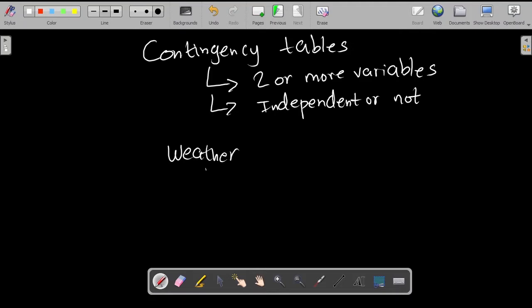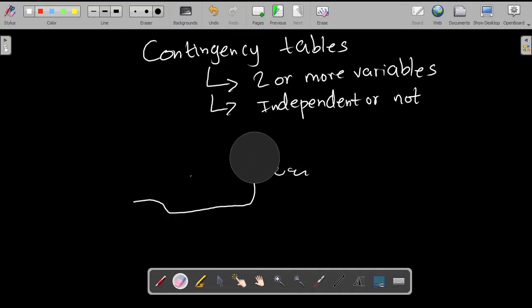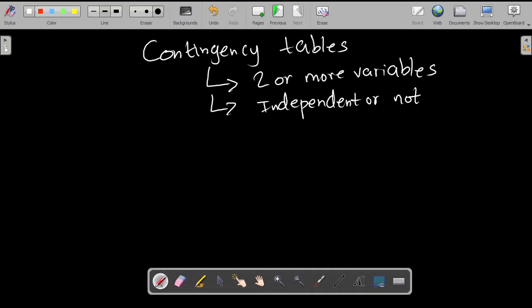And over here, let's say we have the number of people who went for a swim. So you can write something like that. Here, we are dealing with only two variables. And now if the values actually influence each other, then these two things are basically dependent. So if we find that we have a case where people swim under certain conditions, then the values are actually dependent, right? So going for a swim or not actually depends on the weather, and that is in most cases